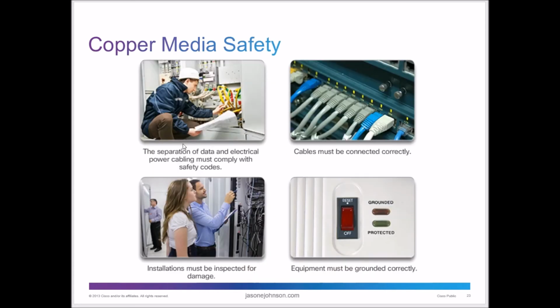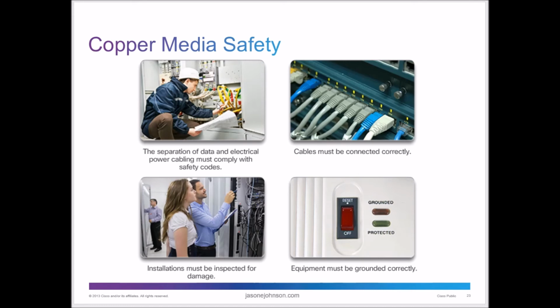Now, when we're dealing with safety, you need to separate your data and your electrical power cabling. You need to always comply with safety codes. If you're doing an install, you need to make sure that you're always safe when dealing with wires, even though you don't carry any type of electrical signal on your network cabling. You want to be careful if you're running wires around any type of electrical, because a lot of times when you're dealing with these types of networks, you are working in and around electrical boxes or in other electrical places. So you want to make sure that you don't touch wires. You want to make sure that things are turned off before you start sticking your hands into boxes and moving things around.